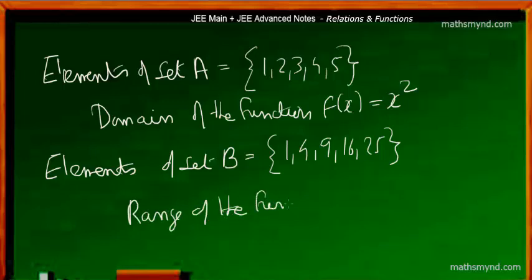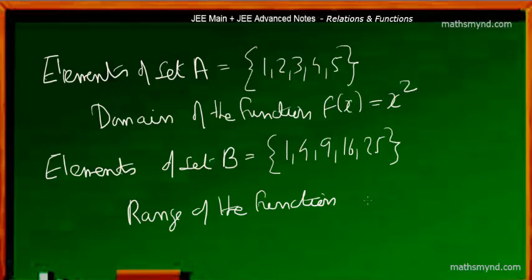Or in a manner, you can say that the range is the set of the images of the elements of set A in set B. That collection of elements is what is called the range of the function. And now the key point here is that it isn't necessary that all the